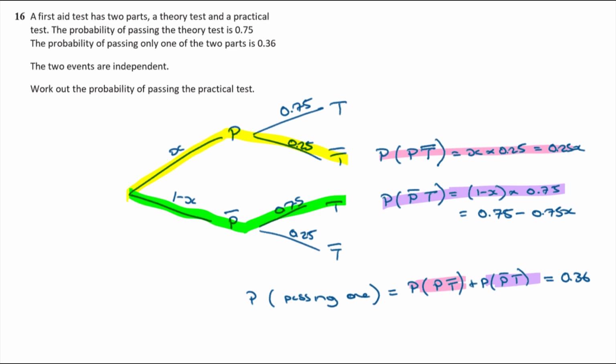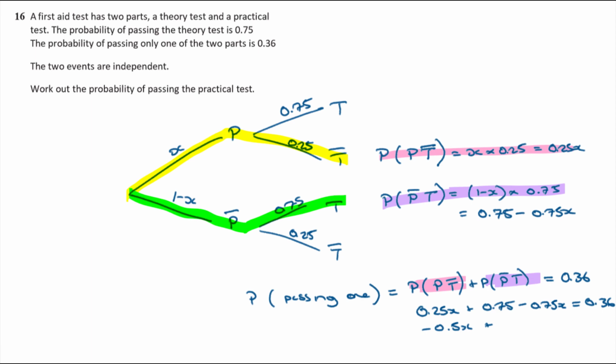So that's going to be probability of practical not theory, that was 0.25x, and the probability of not practical theory was 0.75 minus 0.75x, and that is equal to 0.36. Okay, so let's collect like terms then. I've got 0.25x minus 0.75x, that's going to give me minus 0.5x